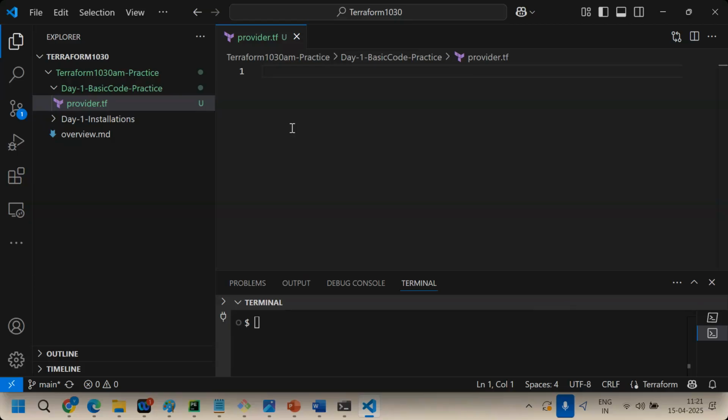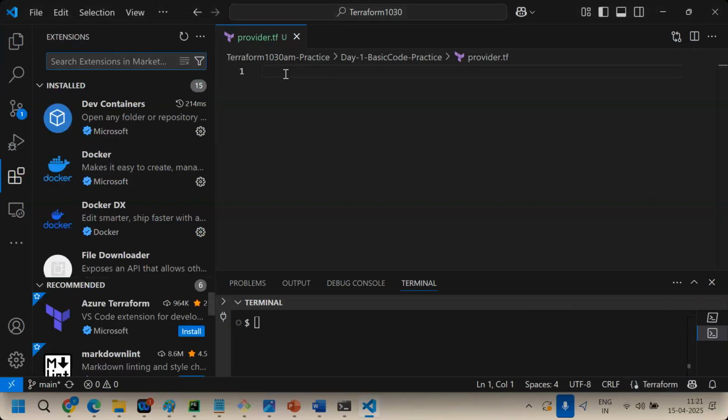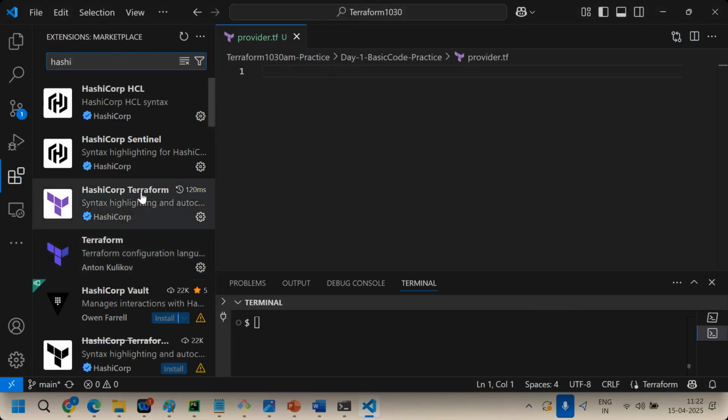And I forgot to inform you that before creating this, we need to download some extensions here. These extensions will give us suggestions, so you need not type everything. Just give HashiCorp here.